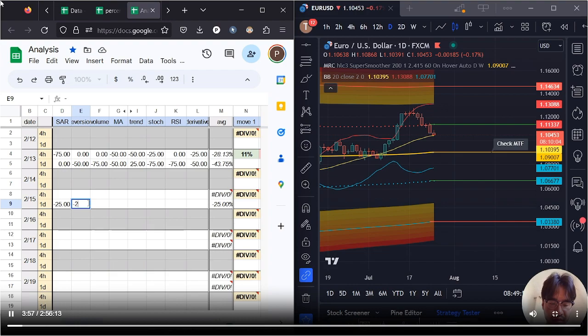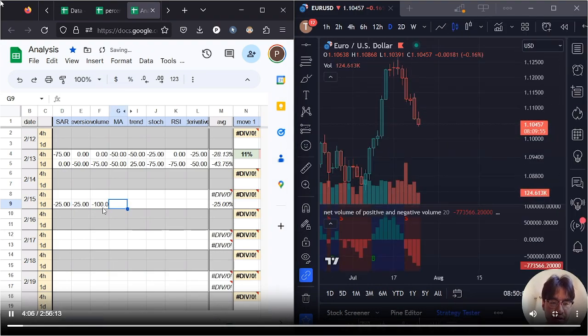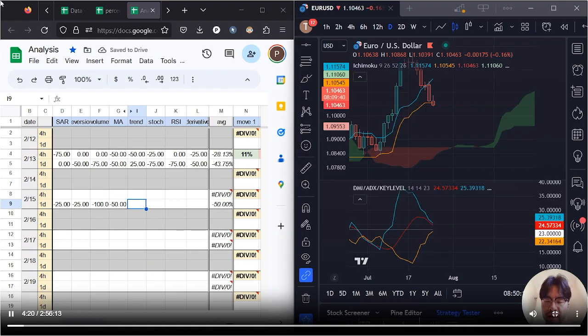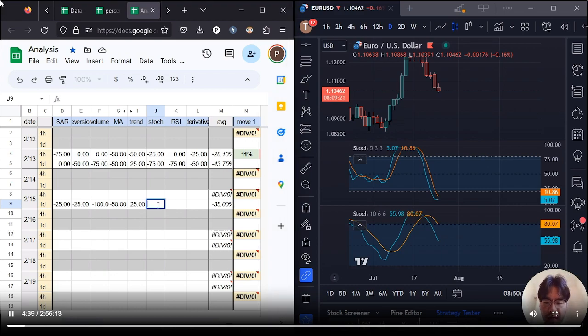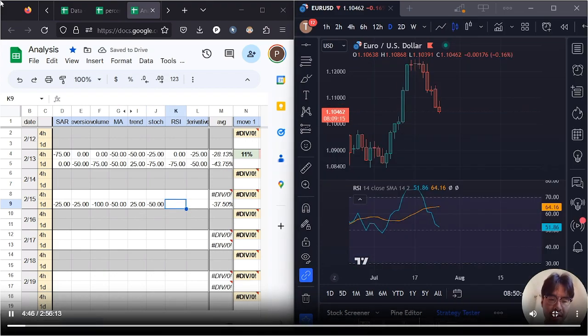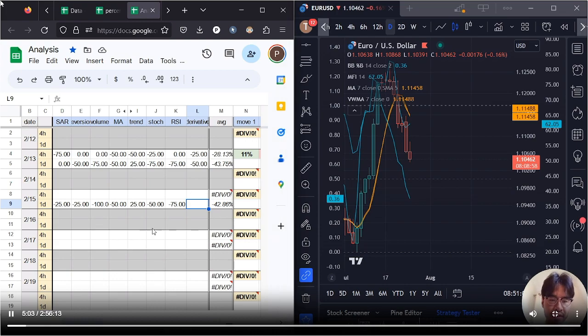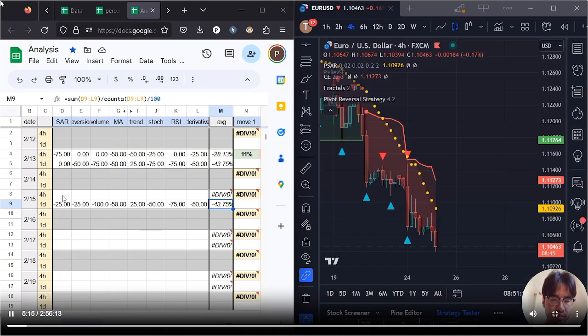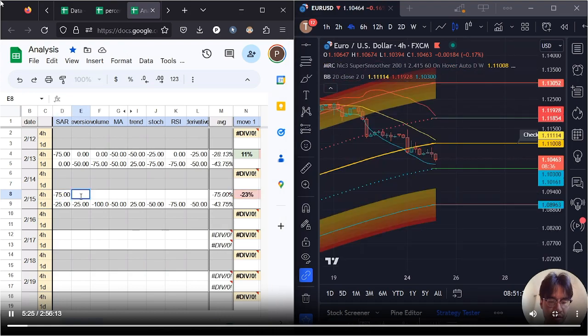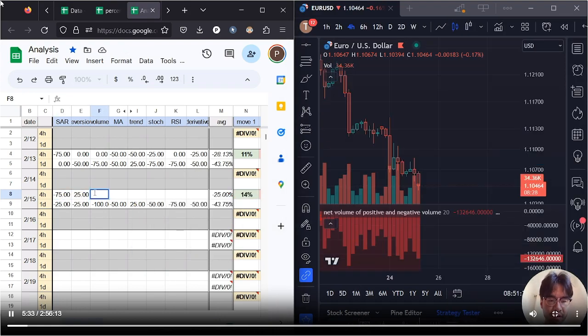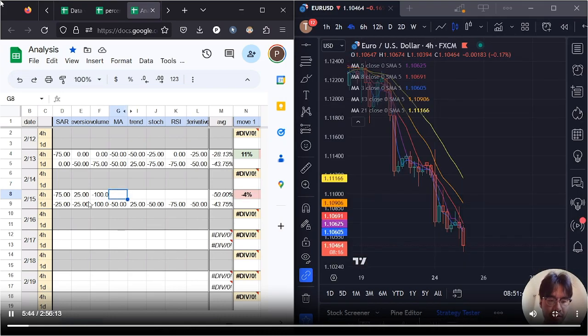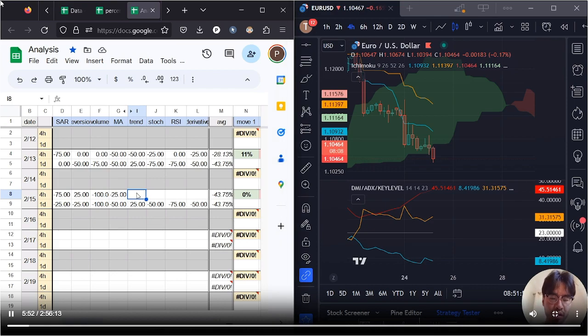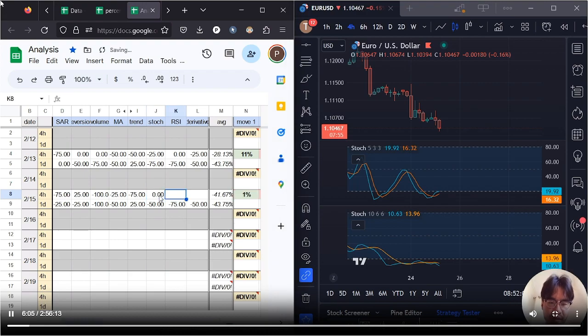On the daily, SAR gets a minus 25, reversion gets a minus 25, volume gets a minus 100, MA minus 50, trend we'll say 25, stochastics minus 50 I'd say, RSI minus 50 or minus 75, derivative minus 50. The 4 hour minus 75, reversion we'll say 25, volume at minus 100, MACD at minus 25, trend we'll say minus 75, stochastics say 0,